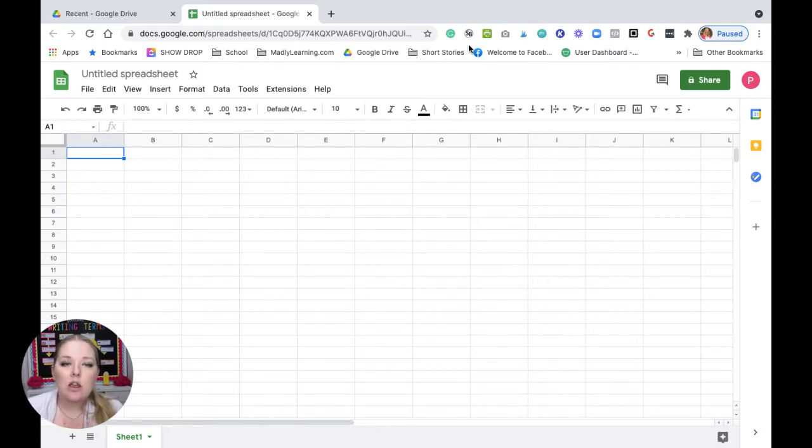When you are building in Google Sheets, one of the things I want you to remember, the rules essentially of building a comment bank, is that your comments are going to be developed in three parts. You're going to have the learning expectation, the specific example for that individual student or group of students, and then you're also going to have next steps. I want you to think of those as three different components.